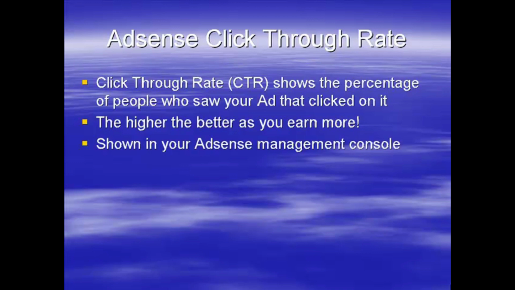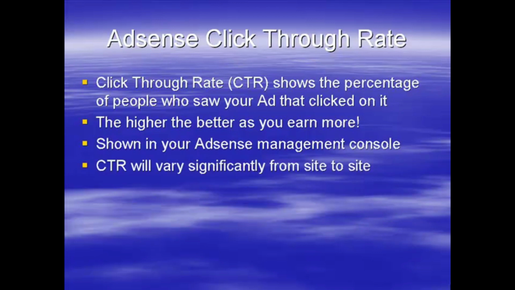Now, to see the click-through rate for any of your sites, you go into your AdSense Management Console. Make sure you've set up URL channels for all of the URLs that are showing AdSense on, and then you will see the URLs and the clicks and all the statistics, so it'll show you your click-through rate. So that's basically where you monitor your CTR. You can buy software that will do this if you want to, but you don't need it. You can use the AdSense Management Console.